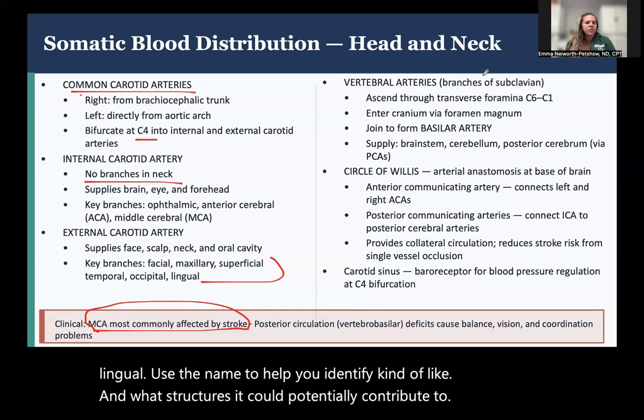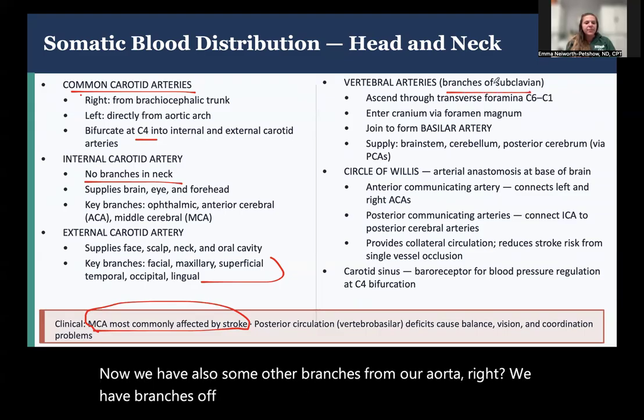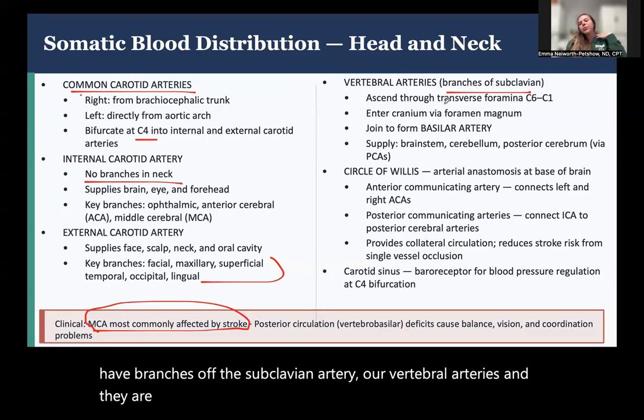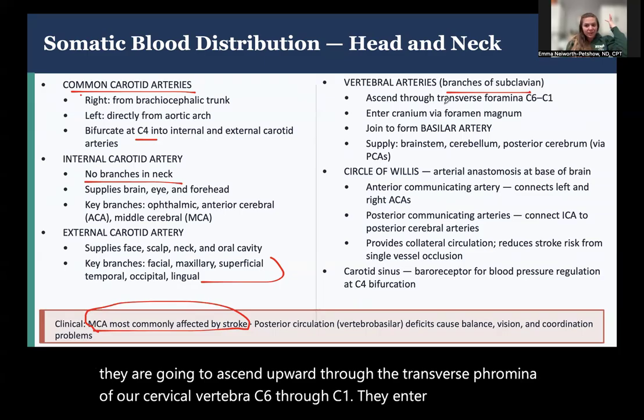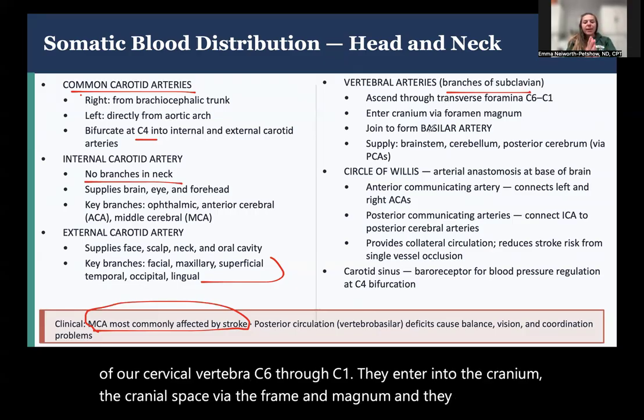Now we have also some other branches from our aorta, right? We have branches off the subclavian artery, our vertebral arteries, and they are going to ascend upward through the transverse foramina of our cervical vertebra, C6 through C1. They enter into the cranium, the cranial space via the foramen magnum, and they join together to form the basilar